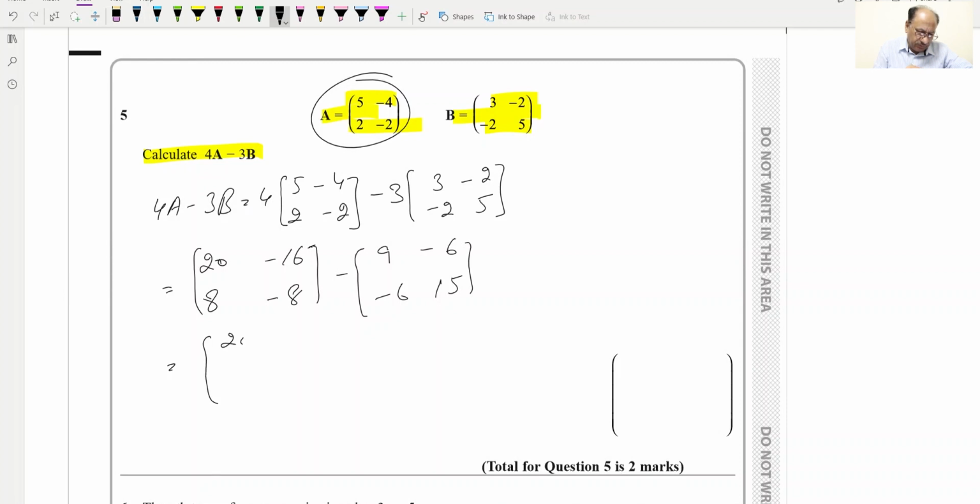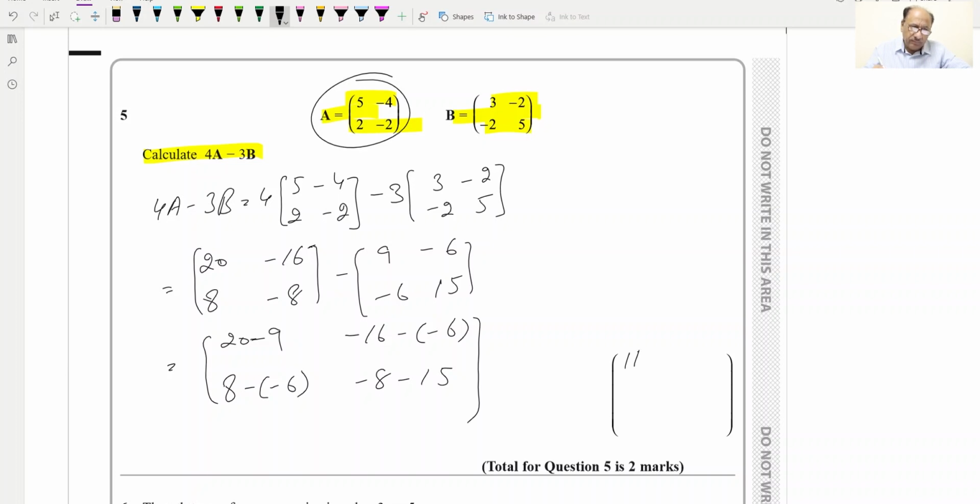This will be 20 minus 9, respective terms will be subtracting, and this one 8 minus 6, and this will be minus 8 minus 15,